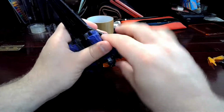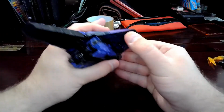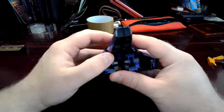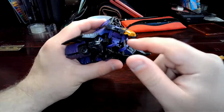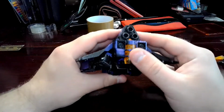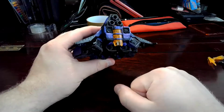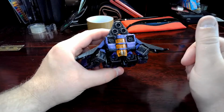This one's very tight for some reason. There we go. That will allow me to unpeg slightly the wings at the front, and I'm going to come to the back and flip up the robot chest. Now, while I'm here, one of the things that this toy did get some criticism of when it came out is the fact that this just hangs out there on the back, and to be honest, it did look a bit clunky,